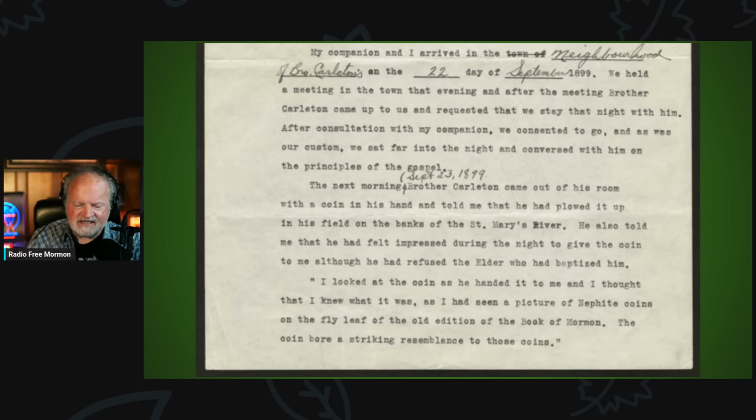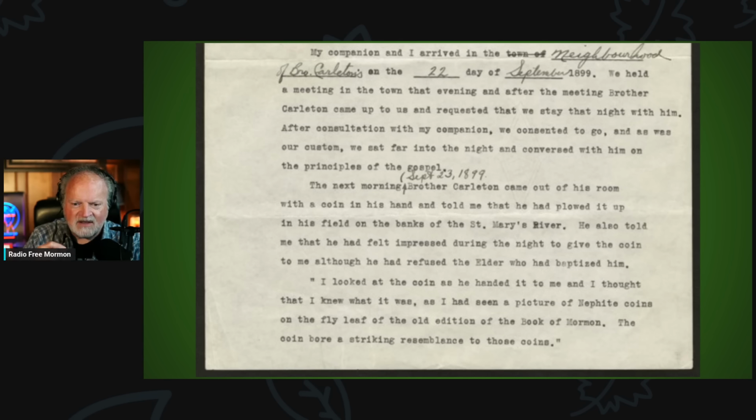The elder who baptizes him maybe wants the coin, and he says, nope, you can't have it. But he is going to give it to this individual. "I looked at the coin as he handed it to me," writes Brother Robinson, "and I thought that I knew what it was, as I had seen a picture of Nephite coins on the flyleaf of the old edition of the Book of Mormon." Now, this is really interesting that on the flyleaf of old copies of the Book of Mormon, I tried